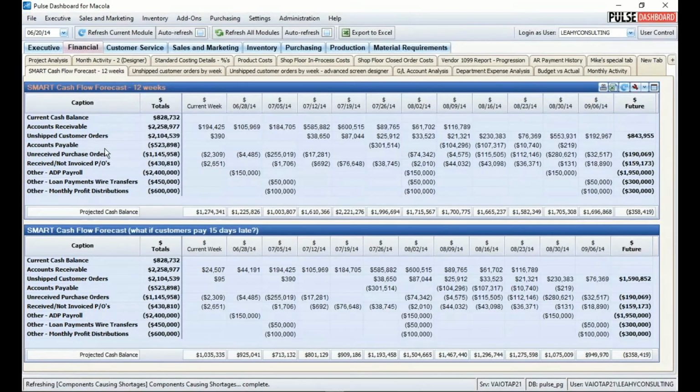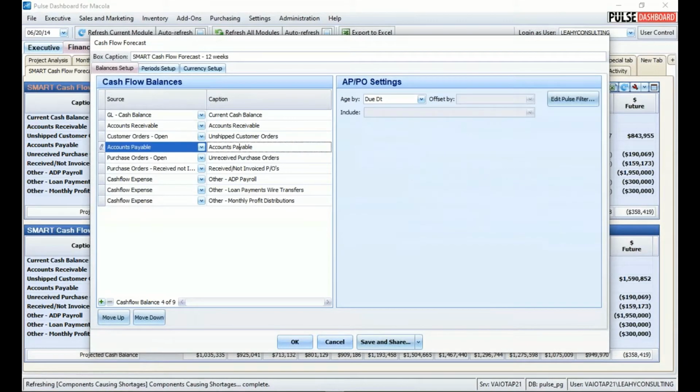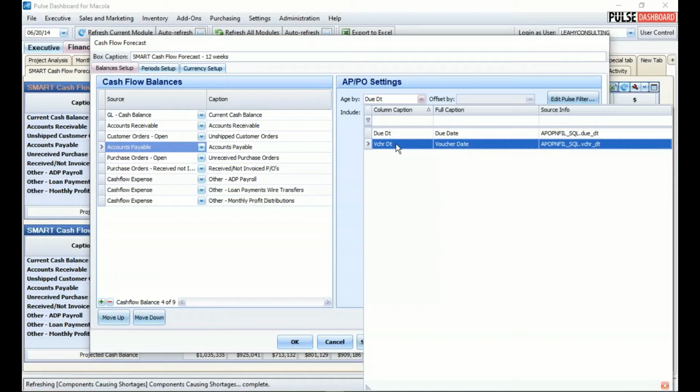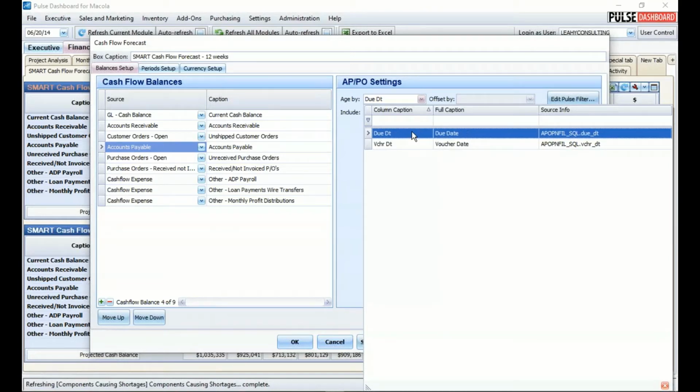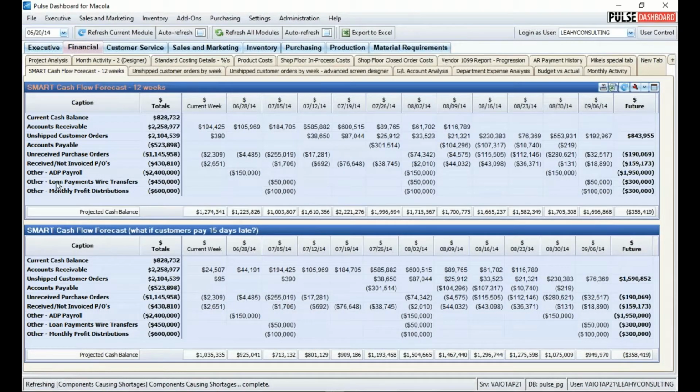So again, the way that I got here is I went to the red setup icon, and then I clicked on each one, and I make sure that I'm setting this up. I think everybody who works with us knows there's different dates that you possibly can use. So you want to make sure that you're using the correct date. Okay. So in order to get these